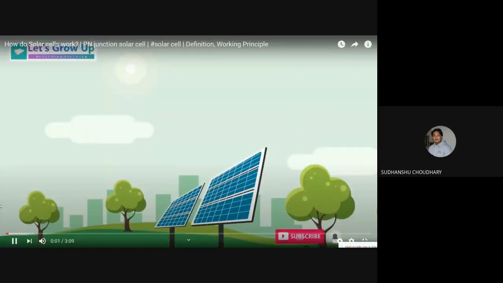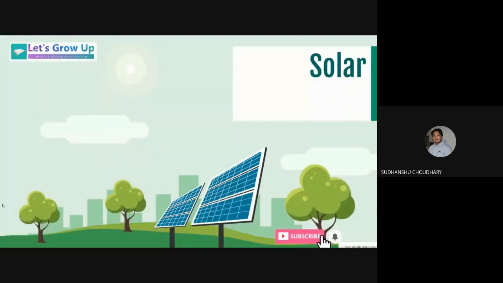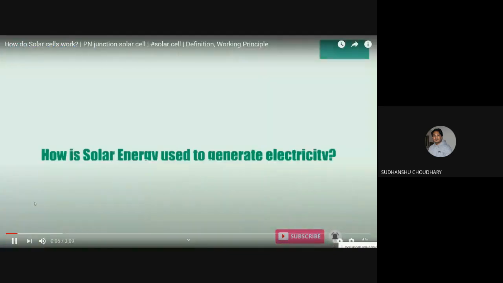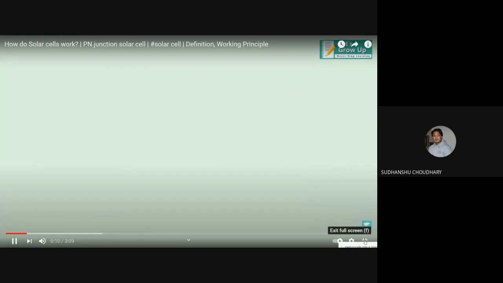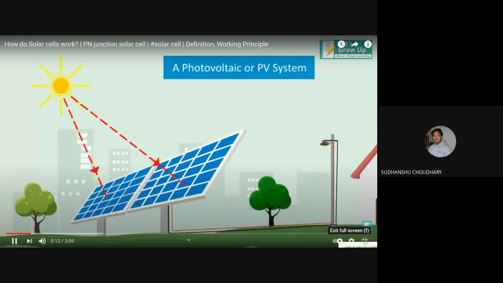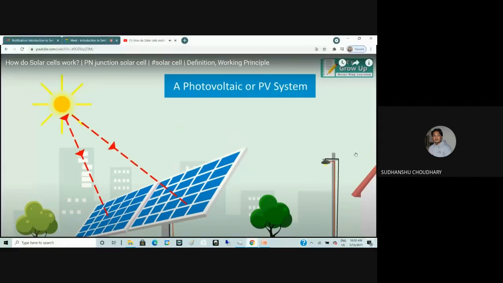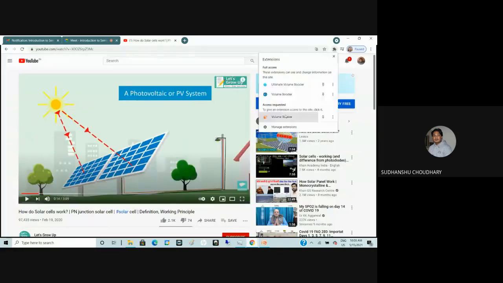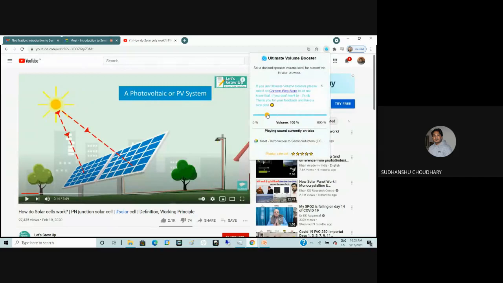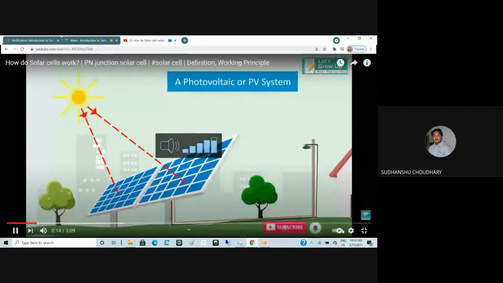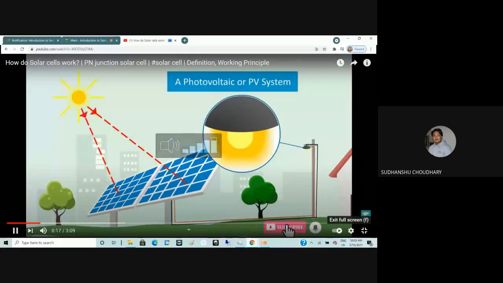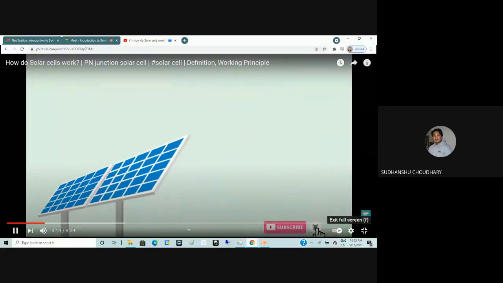Most commonly used renewable energy source is solar energy. But how is solar energy used to generate electricity? A photovoltaic or PV system is used to convert the solar or light energy into electrical energy. The basic component of the PV system is known as the solar cell. A single solar cell has the capacity